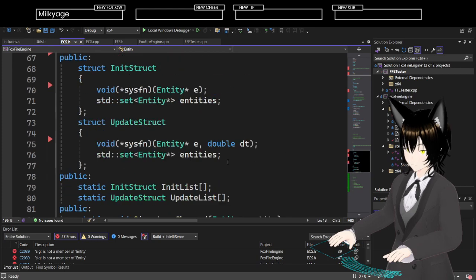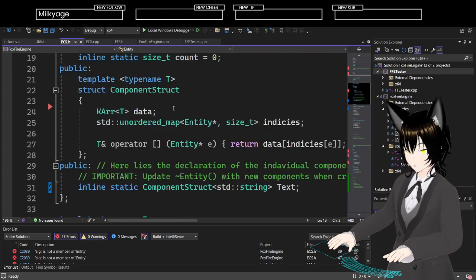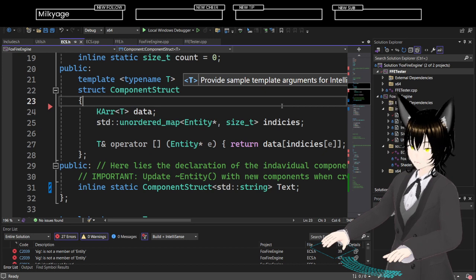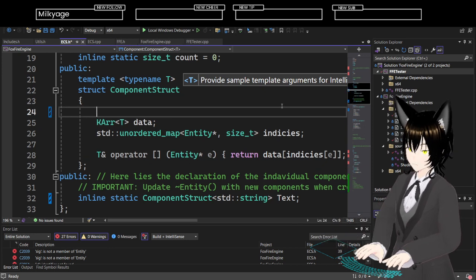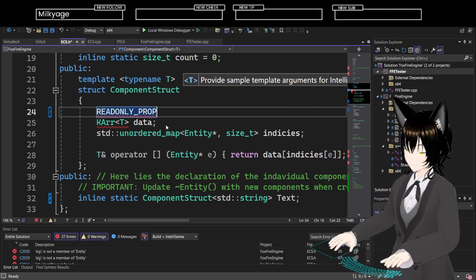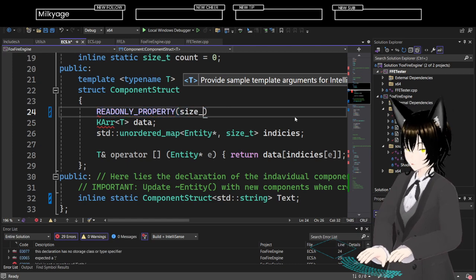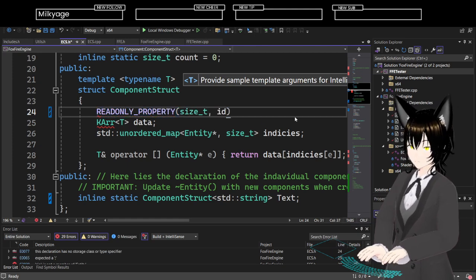So, let's see. Let's go down into here, and let's do a read-only property. And this is going to be a size t, and then ID.